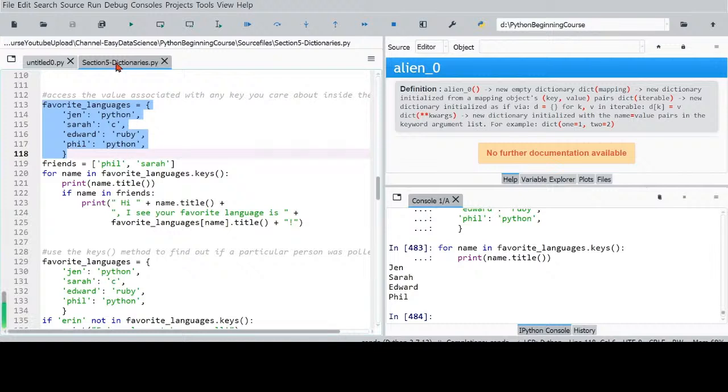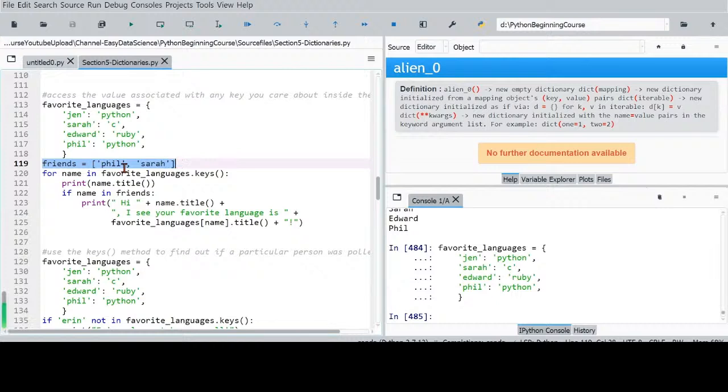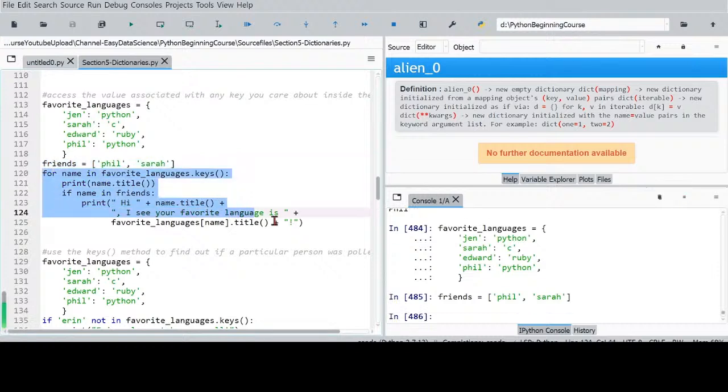Create this dictionary first. Then we create another list called friends with two items. Next, write a for loop to print out each person in the favorite_languages dictionary first. Then, if this person matches in this